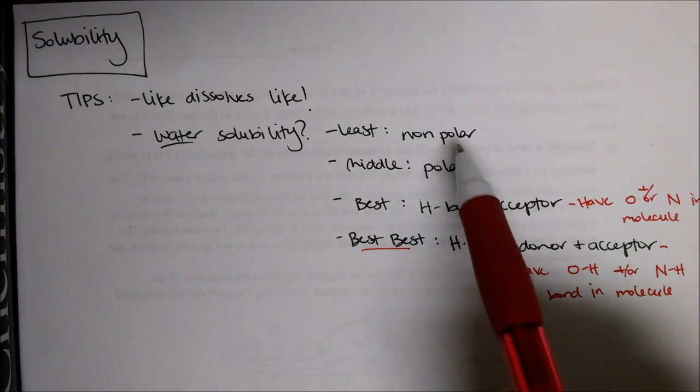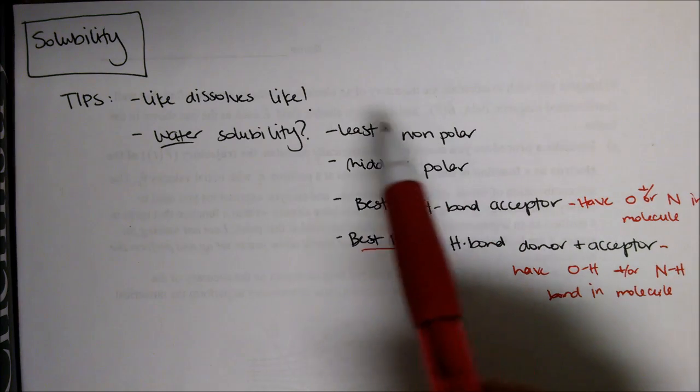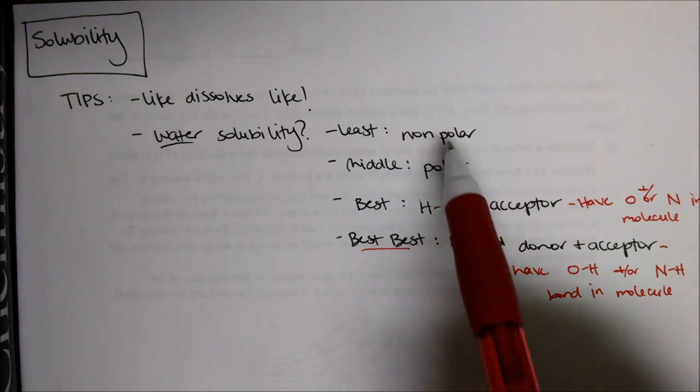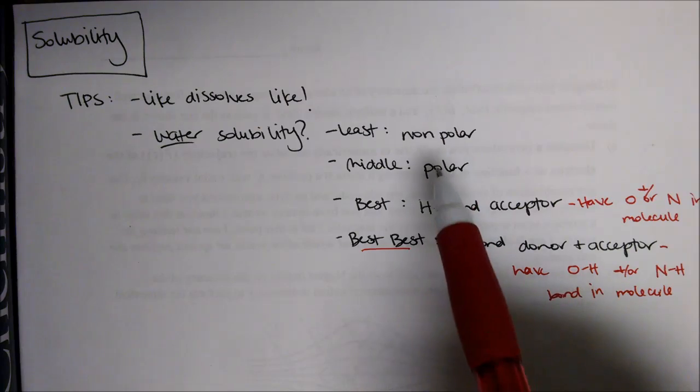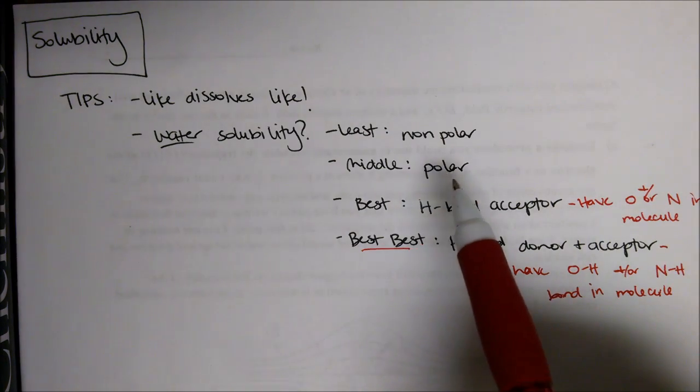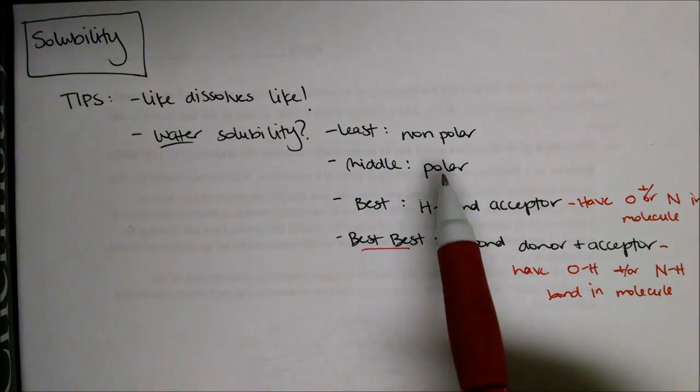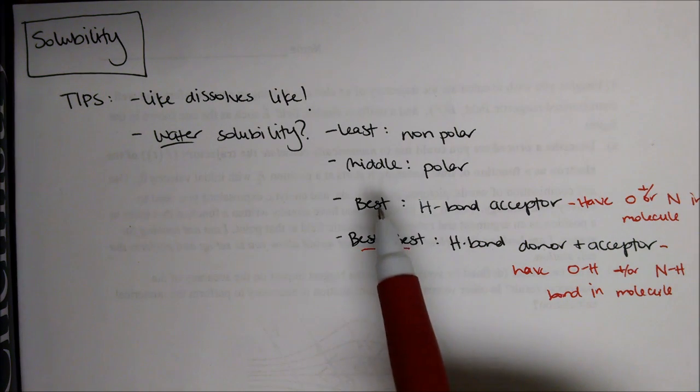If you are nonpolar, you will be the least water soluble, right? And that's because, again, water is very polar. And if you are nonpolar, you're not going to be very soluble. If you are polar, you will have some water solubility. Okay, so the polarity of the molecule will affect water solubility. And how you be the most water soluble or the best